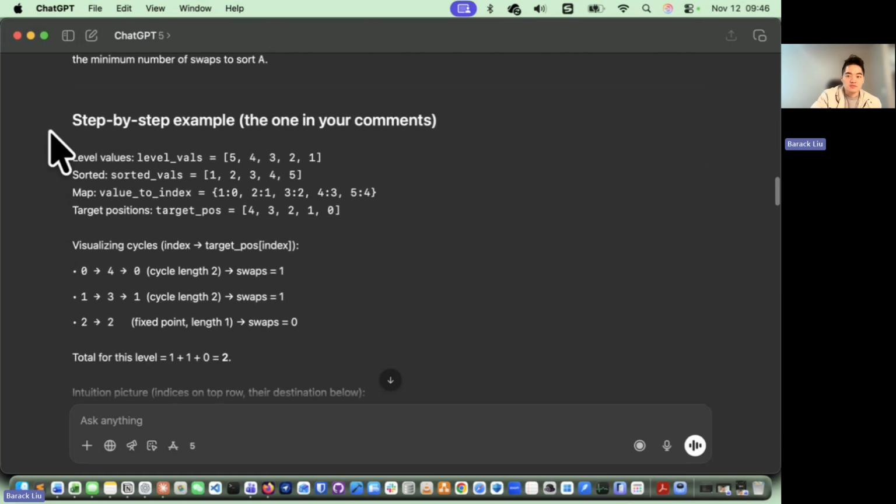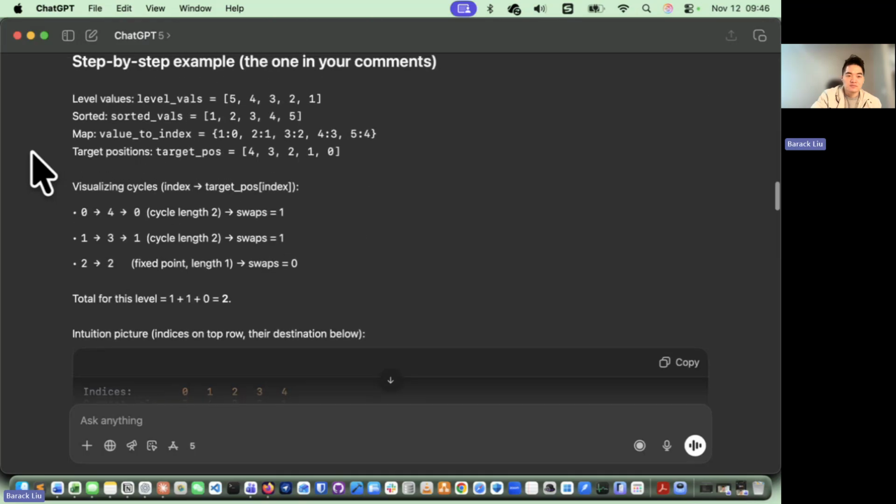Okay, so here is a step-by-step visualized example. The level value here is 5, 4, 3, 2, 1, and we sort it into